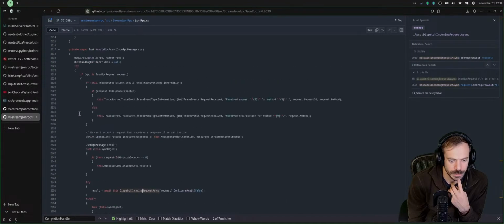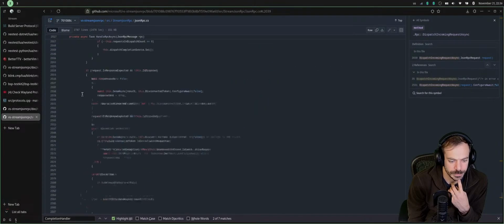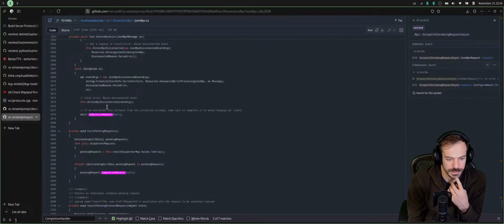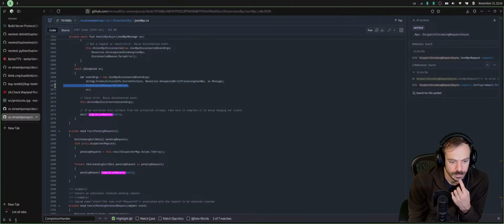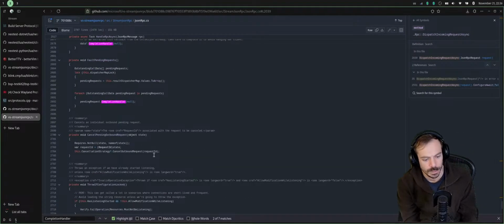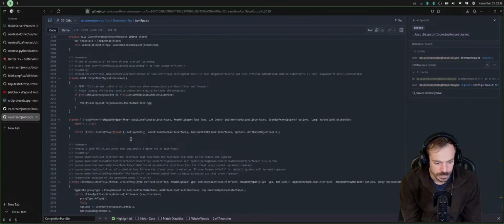Then we go into this one. It says fatal error because of a parse error, which is not true.